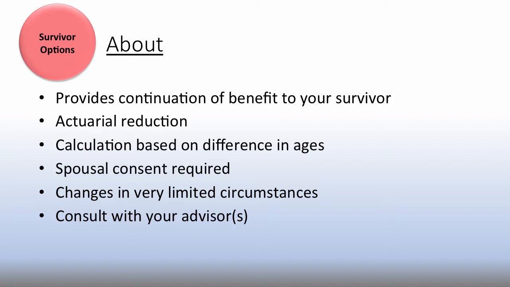Okay? Now, in Washington State, because of the community property laws, if you are married, your spouse has to consent on your choice at retirement, and whether that's to use the survivor option or not use the survivor retirement option, your spouse has to consent. And if you don't get their consent, they're going to give you a survivor option, and we'll talk about it. They're going to give you option 3. So there's a default. Just be aware. That's one of those other tricks and tips.